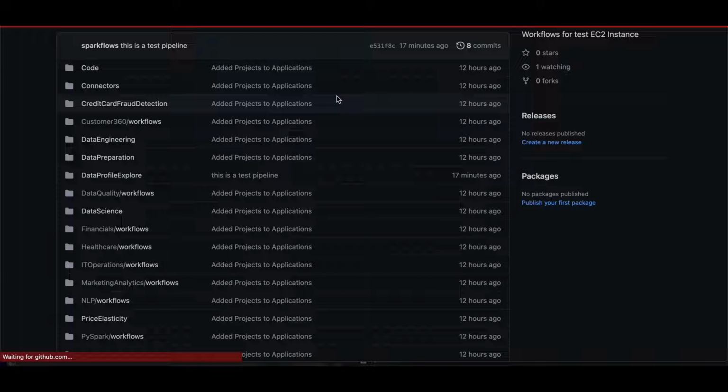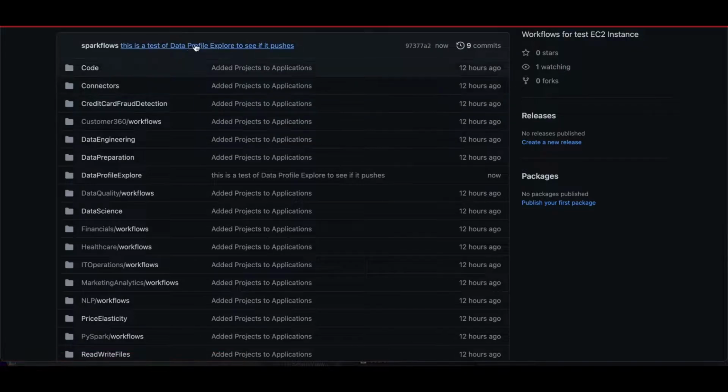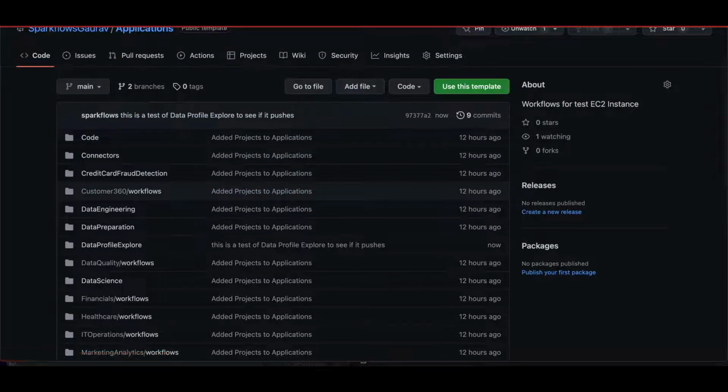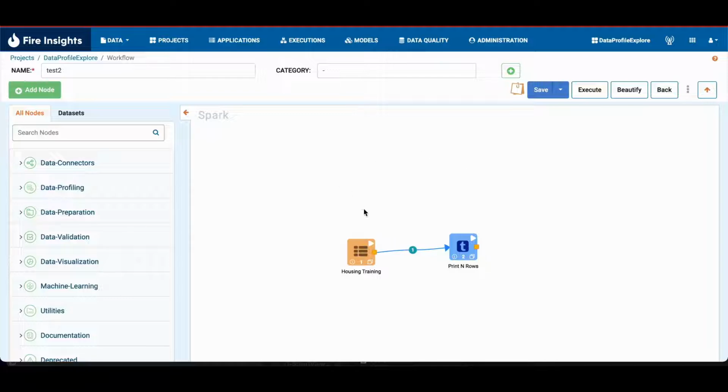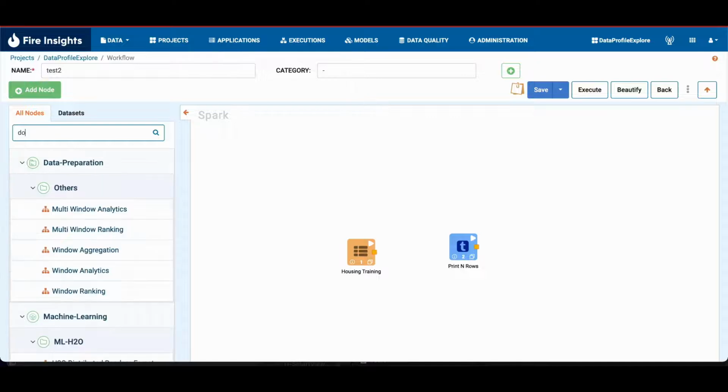go back to this workflow, we see that it's been pushed. If we were to make a change to this workflow, say drop